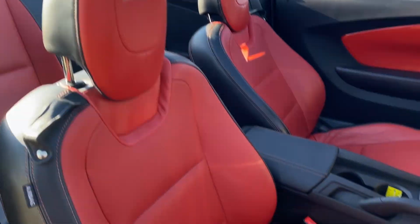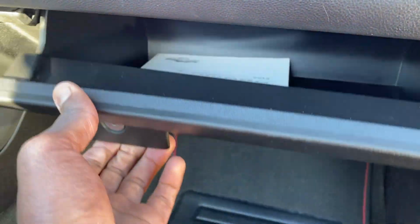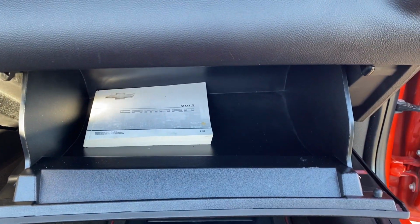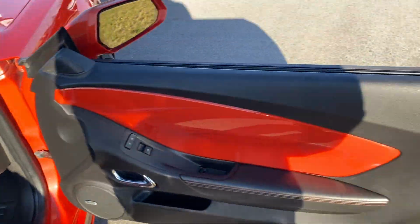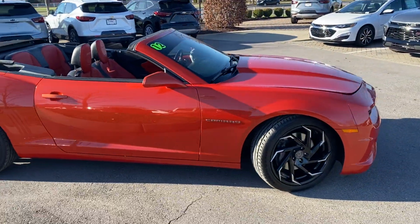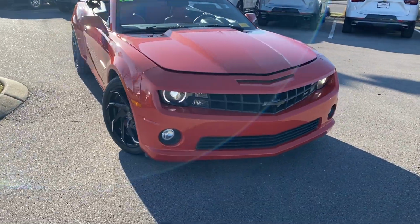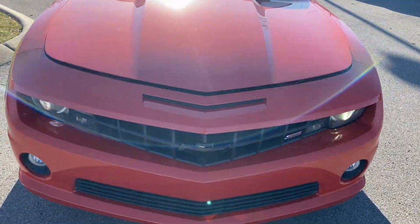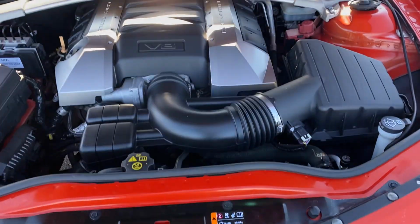But the seats just look great. I love this leather, and honestly, it's held up pretty well for the year and mileage. There's an owner's manual there. But can't say enough about how it just has such a presence to it when you see one of these. When they first came out, they turned heads, and now, as they're older, you see fewer of them on the road,